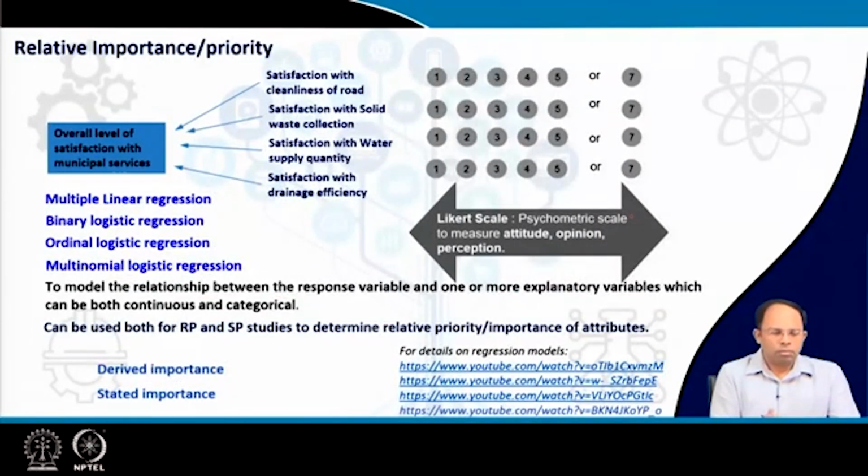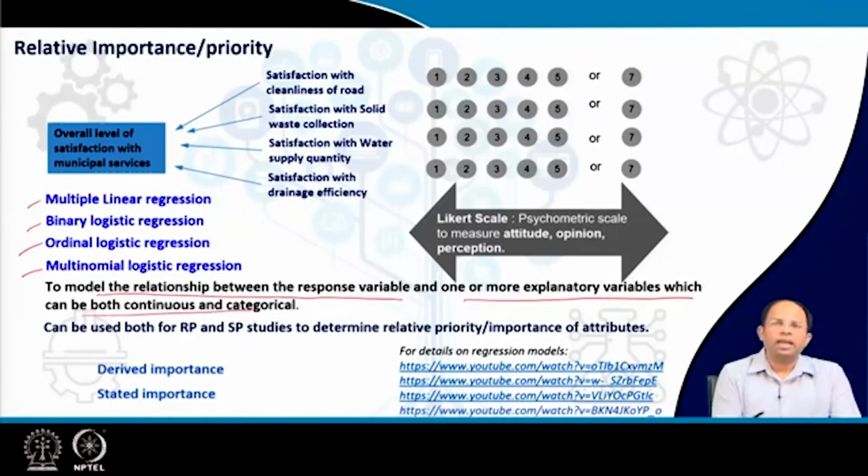So now we will talk about the regression models. We cannot cover the regression models in detail. There are multiple regression models: multiple regression model, binary logistic regression model, ordinal logistic regression model, multinomial logistic regression model. These regression models model the relationship between the response variable and one or more explanatory variables, which can be